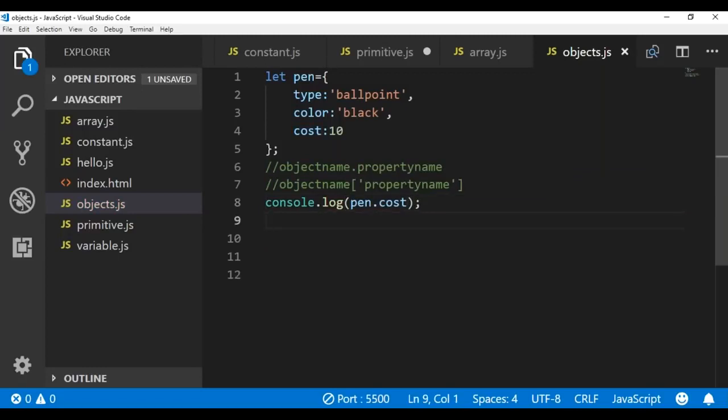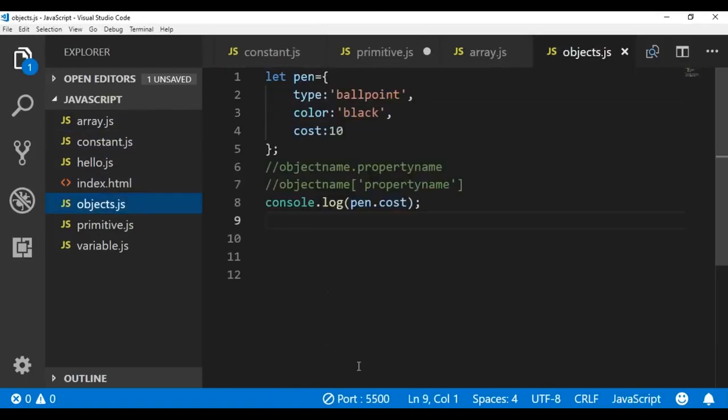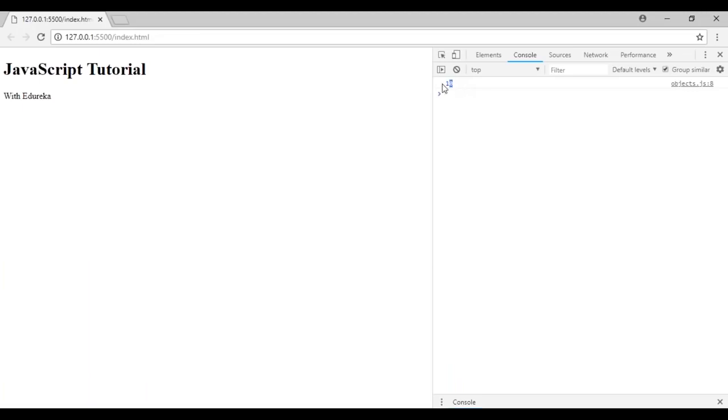Now save the file. Make sure you change the reference in the index.html. So change this to objects. Save this and open up your browser. Here you can see it's displaying 10. So that's how you access object properties.